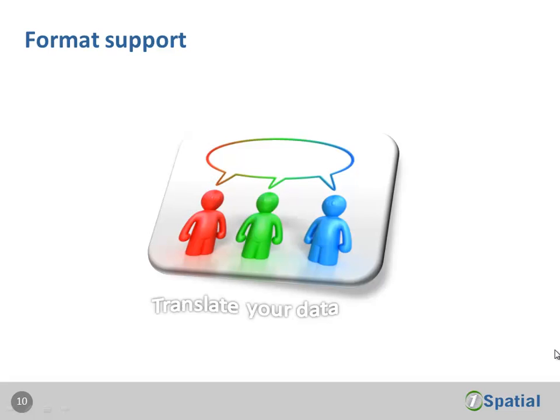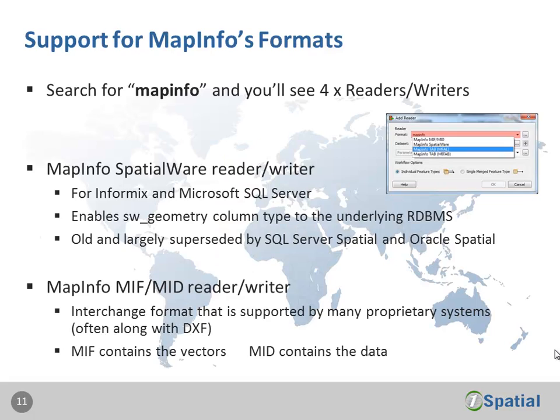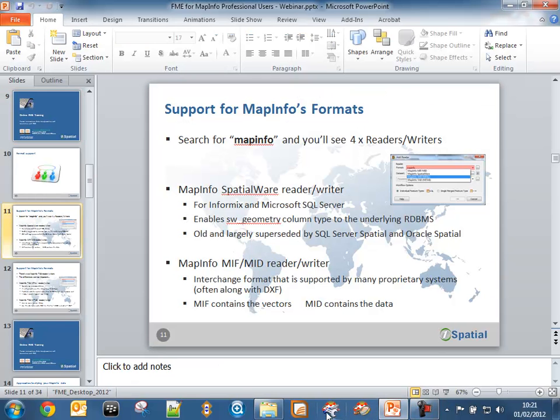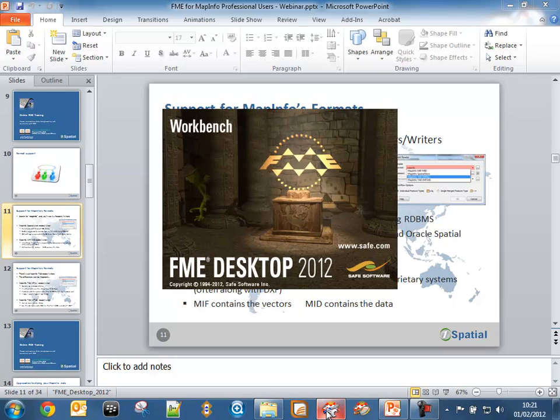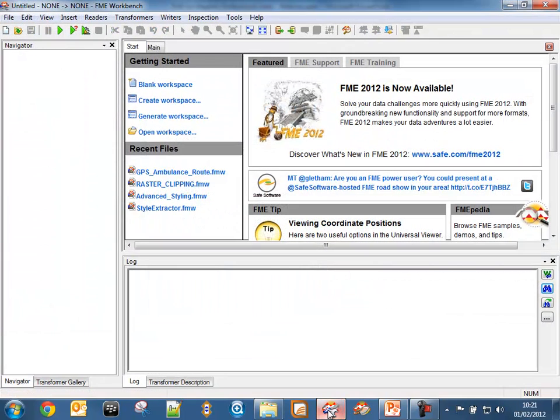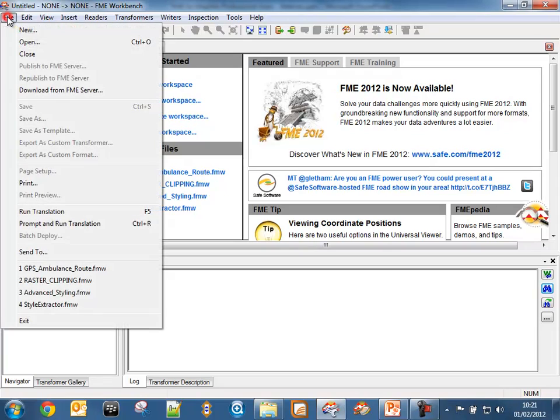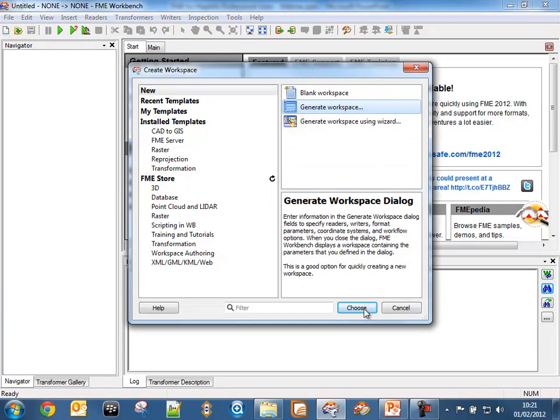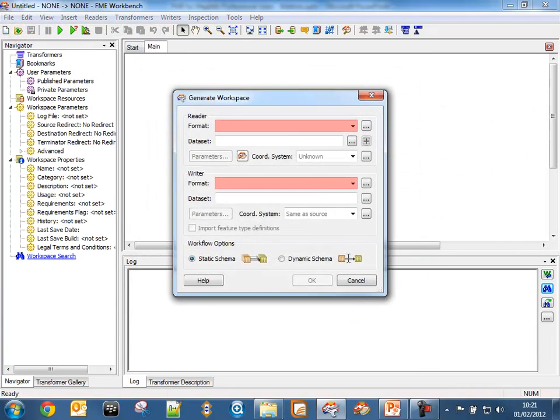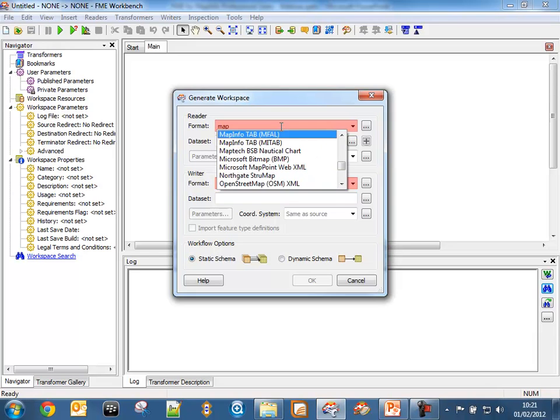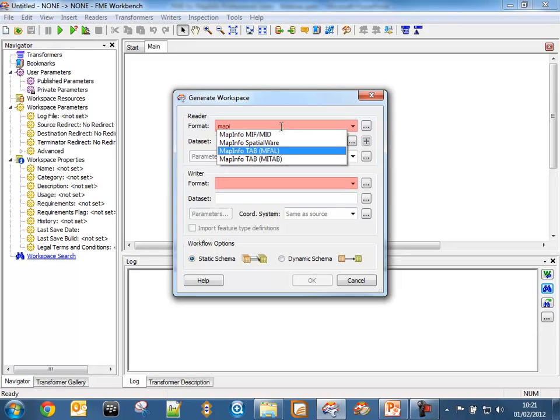Let's look at format support. If you search for MapInfo when you're using FME, you'll find that there are 4 readers and writers. Let's do that now. First of all, we'll launch FME. We're using FME 2012 today, and if we create a new workflow and generate a workspace, you'll see I can type MapInfo and I get